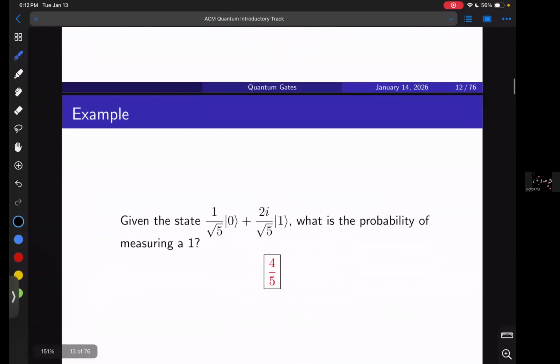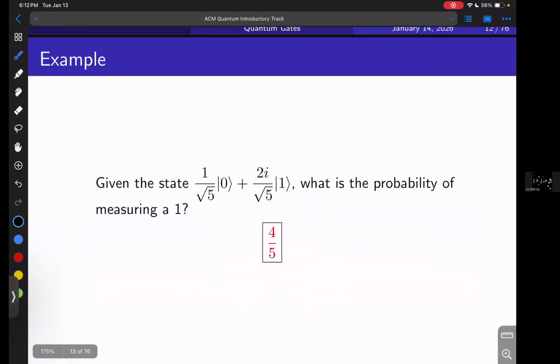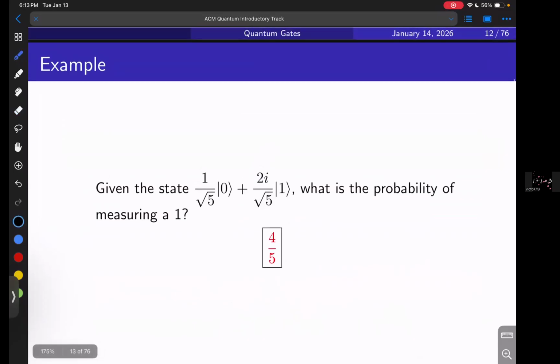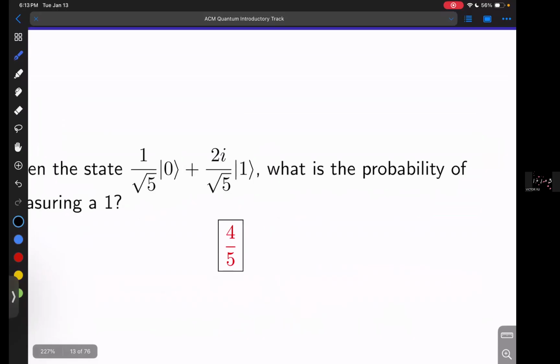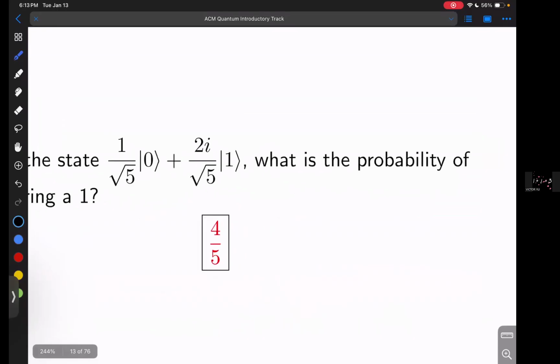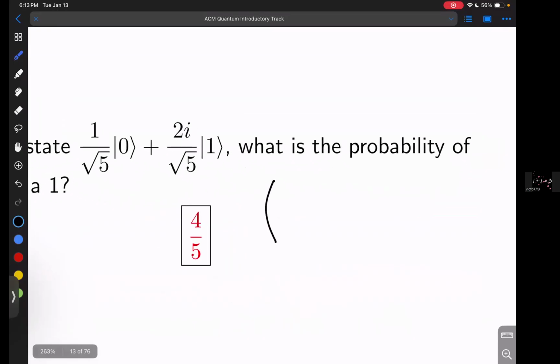Okay. Now let's do a measurement example. Let's say you have this state, and like I mentioned, these coefficients can be complex. Well, the answer's already there, so I'll just walk through this one. We want the probability of measuring 1 given this state. And like we said, it's something related to the square of the coefficient in front. Pretty much what we do is